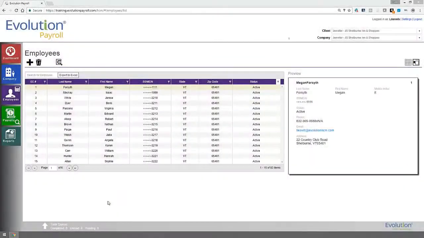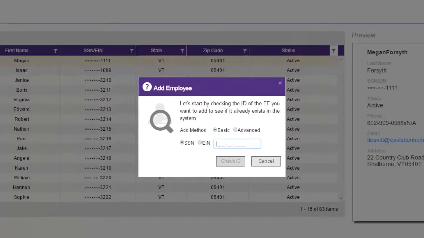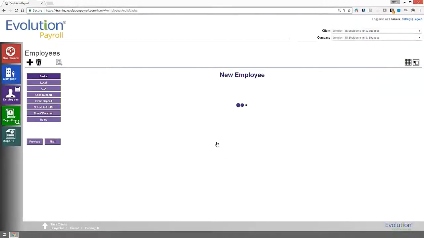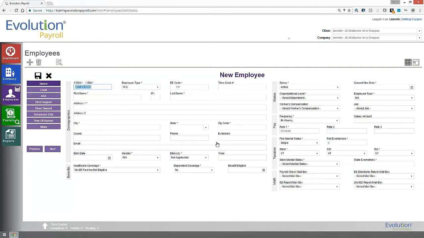Next, let's add an employee. From anywhere within the employee menu, click on the plus button. You'll be able to choose from basic or advanced, and then enter the Social Security number. The software will make sure that the Social Security number is unique, and then you'll be able to enter in